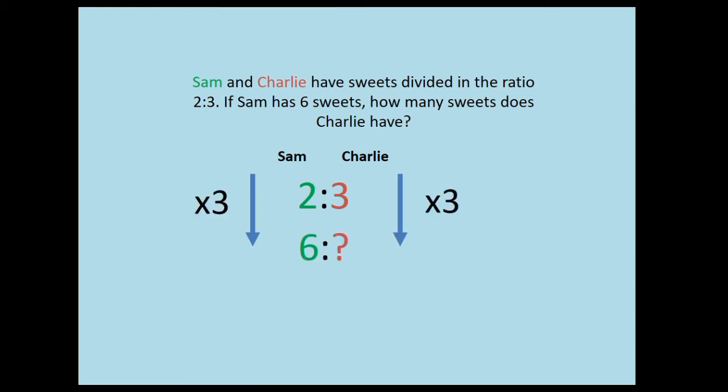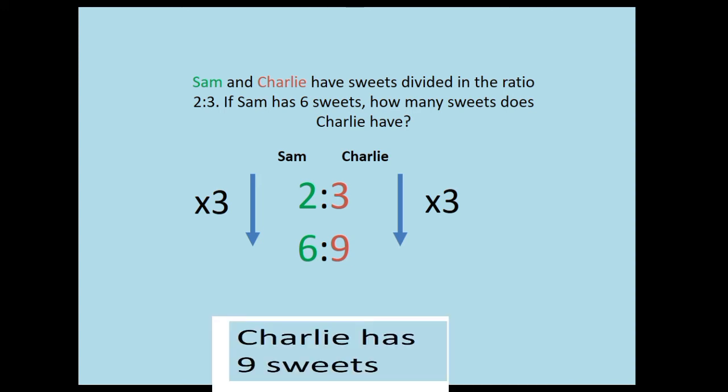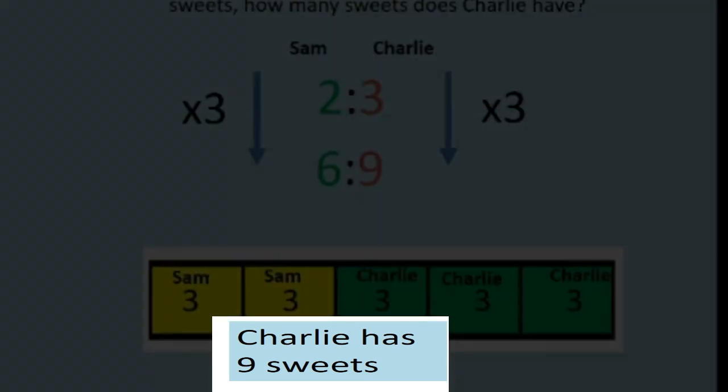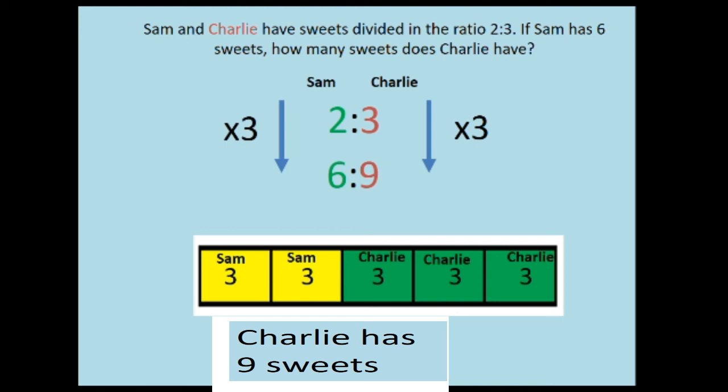So we're going to ask ourselves, how do we get from 2 to 6? Of course, we multiply by 3. So to find this missing value, we also need to multiply this top number by 3. This is very similar to the topic currency exchange, which we have covered previously. Therefore, Charlie must have 9 sweets. What I would like you to do is either to copy down method 1, which is the pictorial method, or method 2,